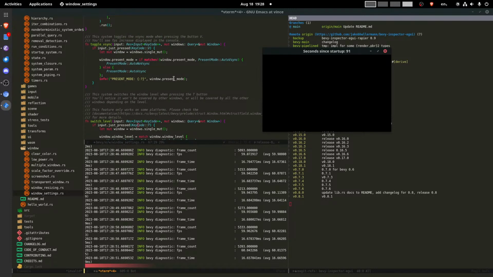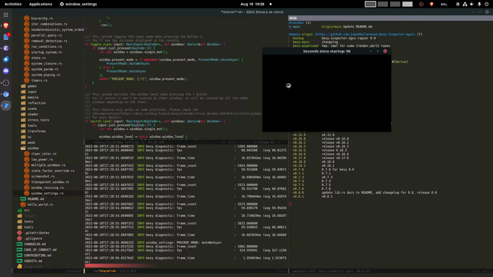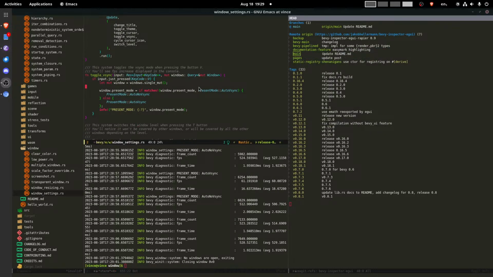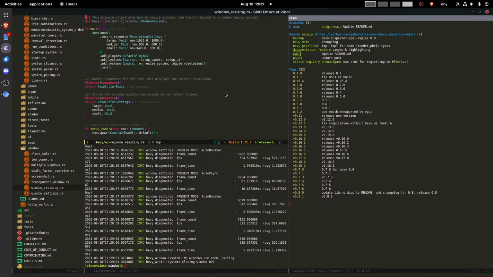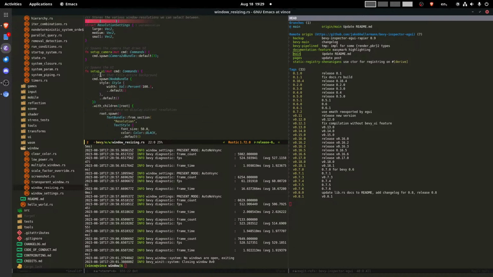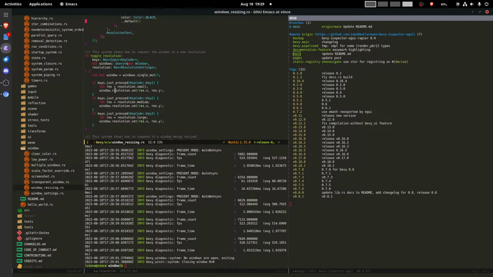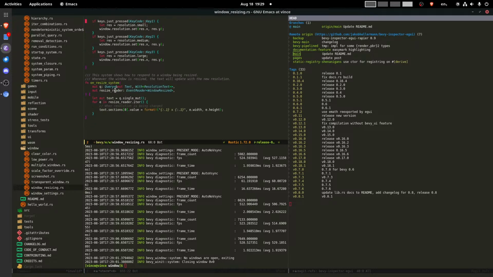Full screen. Window present mode. There is this thing, the V-Sync. Okay. Yes, it actually doesn't tell you how to do that. But maybe window resizing, probably. That's probably it. That's so cool. You can change the resolution like that. That's pretty cool. Toggle resolution. Yeah, it changed the resolution. It's not going full screen, but